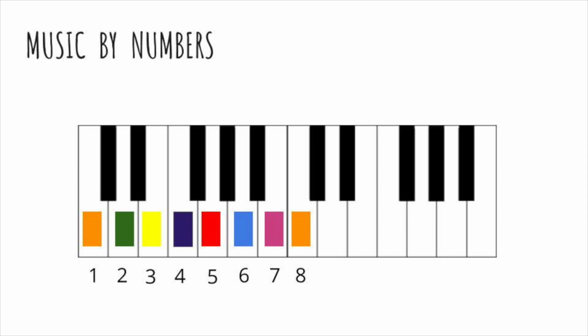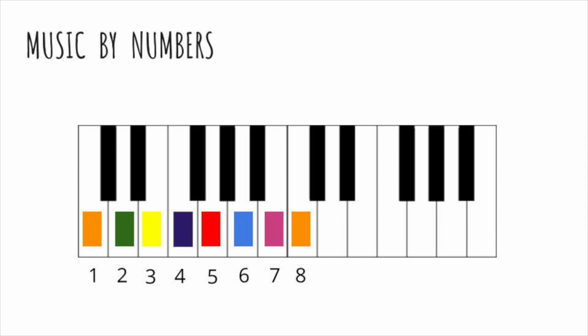So just as we had C, D, E, F, G, A, B, C, now we have 1, 2, 3, 4, 5, 6, 7, 8. As a side note, there's a really fun singing exercise you can do for this, which really helps to learn it, which is just to go 1, 1, 2, 1, 1, 2, 3, 2, 1,